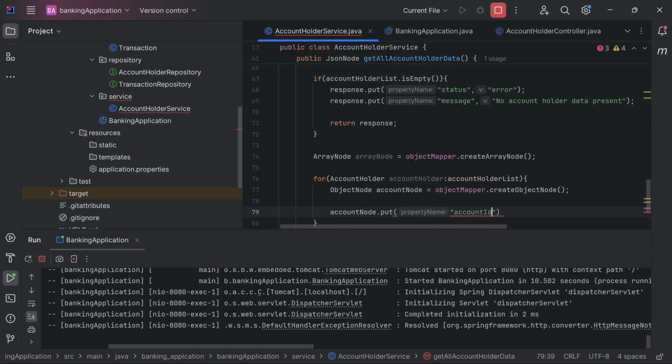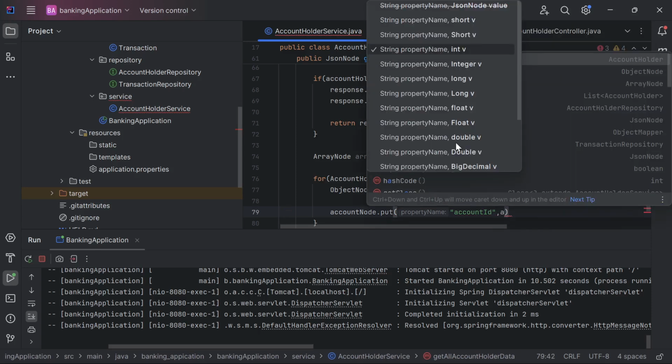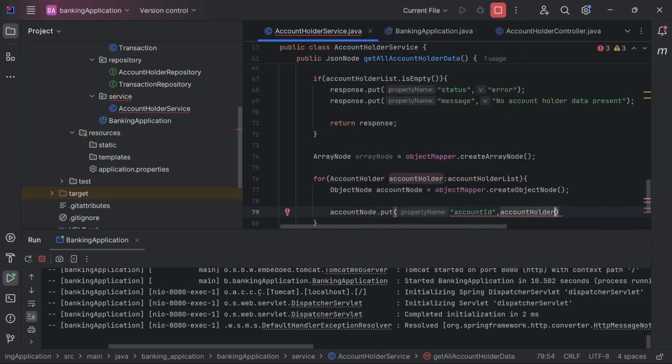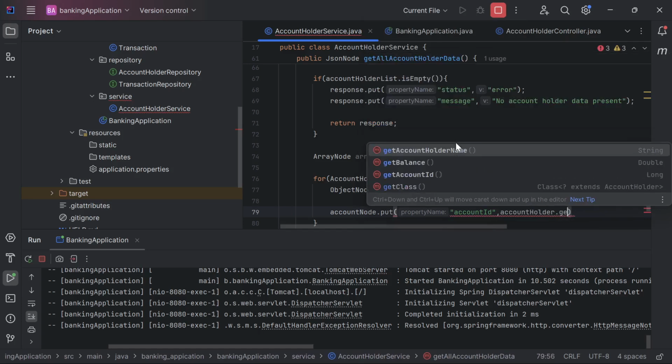These are the attributes present in our account holder entity class. accountHolder.getAccountHolderId